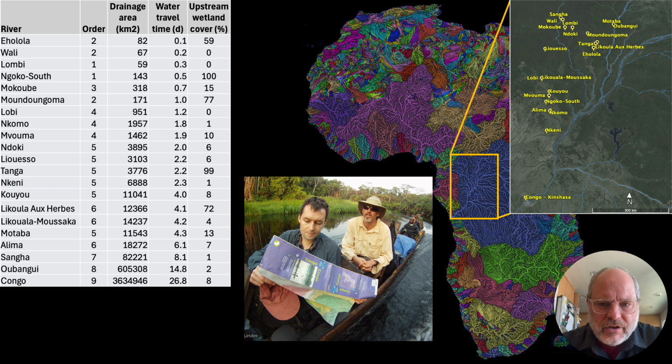We used discharge estimates and watershed area to calculate the flow-weighted water travel time, that's this travel time here, for each sample. And this estimates the amount of time that water has been in the river channel at a given sampling point. So this tells us something about the average age of the water, and this time component is important from the perspective of microbes who require time to grow and adapt to the river environment. So our travel times ranged from less than a day in the smaller streams to almost a month in the Congo River main stem.